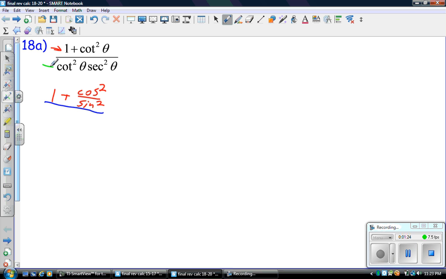the bottom, again, I'm just converting to sines and cosines right now. So cotangent squared is, again, cosine squared over sine squared, times secant squared, which is 1 over cosine squared. The secant's 1 over cosine, just a reciprocal. Okay, so now the denominator here, these cosine squareds can cancel. So the denominator is now just 1 over sine squared